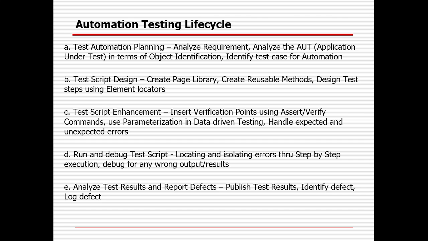Then the automation testing life cycle. Just like the software development life cycle, there will be a life cycle of the automation as well. First you'll be doing the planning, where you'll be analyzing the requirement and the application, right? We'll try to inspect whether we are able to identify all the elements or not. Then definitely we need to have our test cases ready. Automation team does not design the test cases, right? They take the regression or smoke suite from the functional team, so that way they can identify this is the thing I need to do, these are the resources I have, these are the days I have. So that way you can plan it.